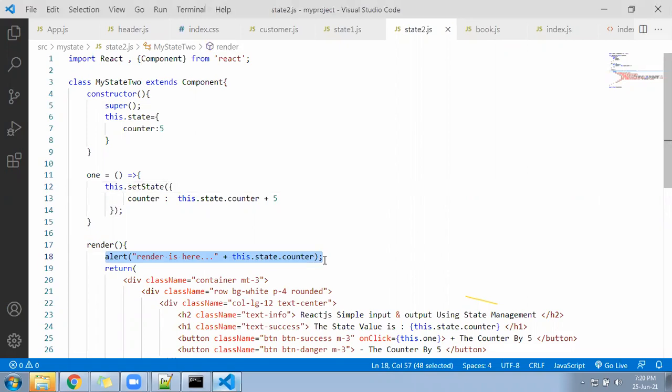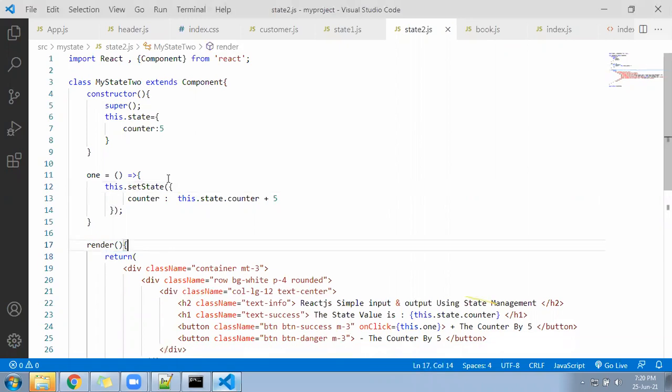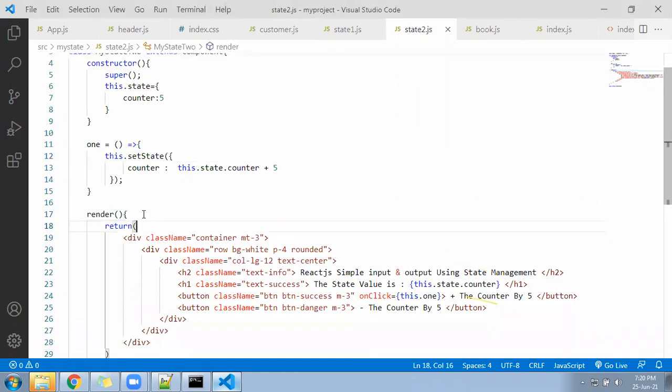Now modify it, save it, click on the button and see. People ask why the render function executed, I have not called the render. Then you can say, with the help of the setState function, whenever you modify anything in the state, render will be called automatically. You don't have to do it. It is a part of the life cycle method. We are going to understand what the life cycle method is, but you can say as soon as we modify any value under the state, automatically the life cycle methods will get called. First the constructor will be called, then render will be called, and we have some more functions, all are going to come stage by stage.